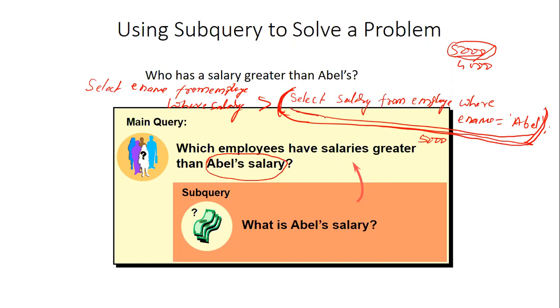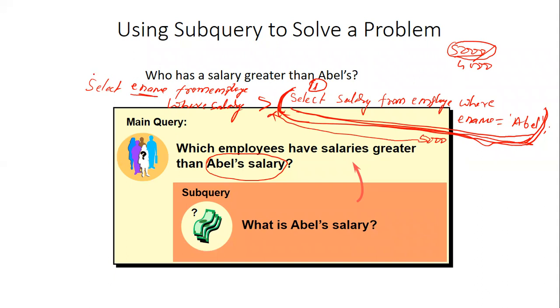Instead of 5,000 we can write the first query. So first this part will be executed, then the result of this part, like 5,000, will be compared for fetching the employee names from the table. Is that okay?